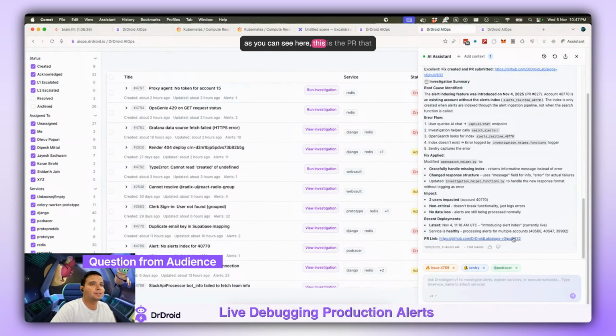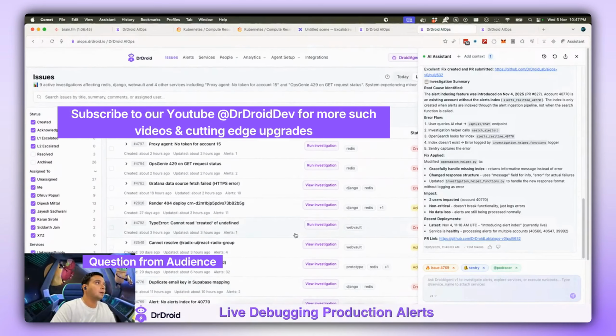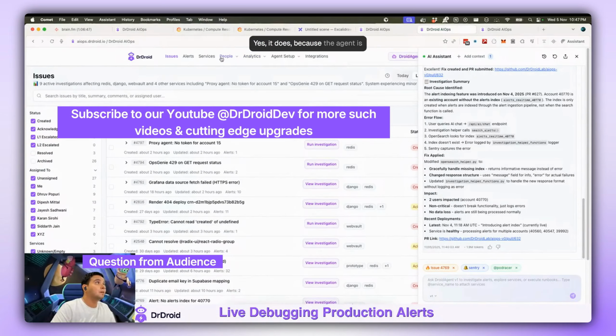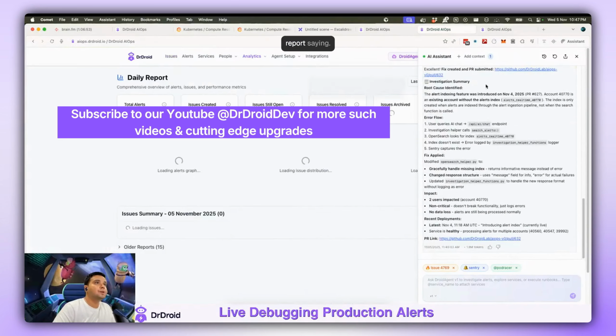As you can see here, this is the PR that was raised. Will it create any runbook and reference it in next investigations? That's a great question. Yes, it does, because the agent has basically gotten its own recommendation. So what it does is it creates a daily report saying